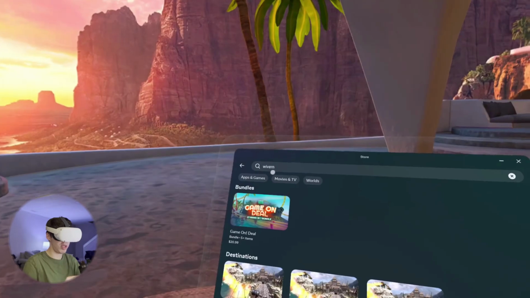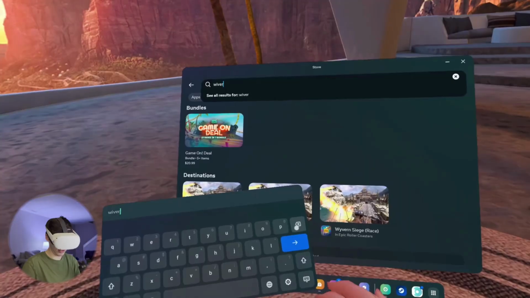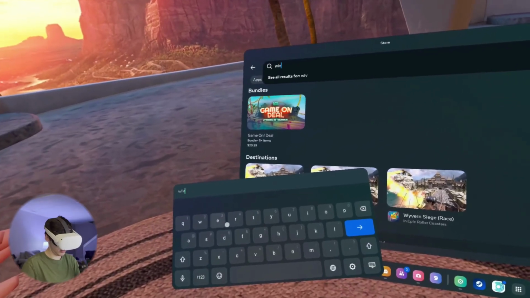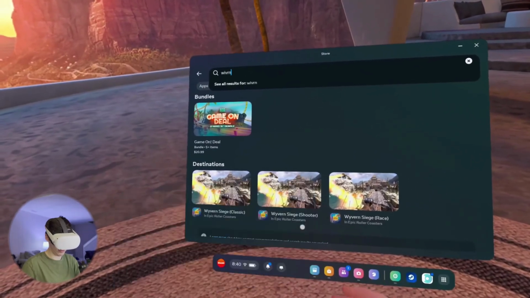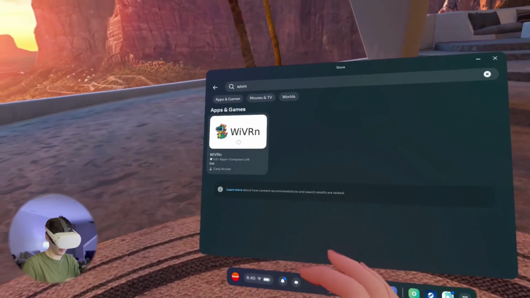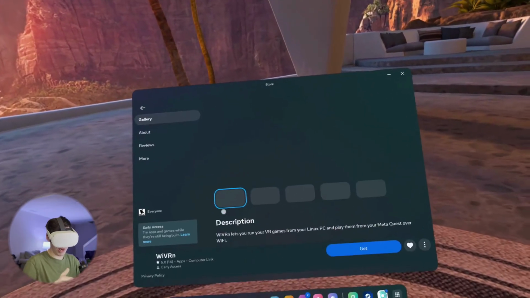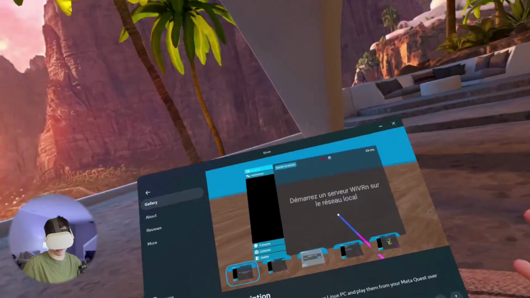Oh, you know what? There's no E. So hold on. It should just be WiVRn like that. There we go. So now we should have WiVRn set up, and it should just be as simple as installing